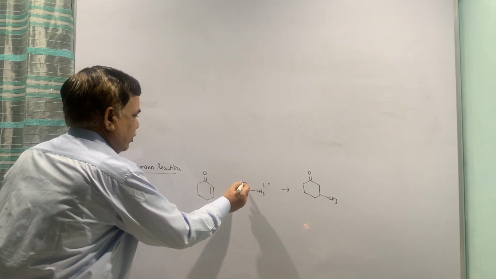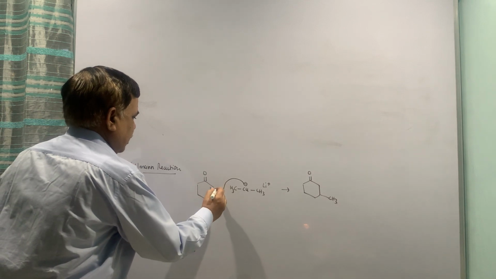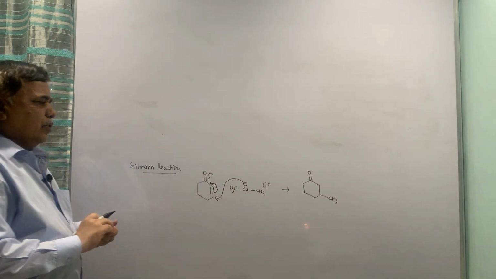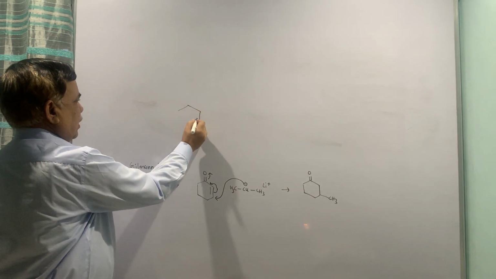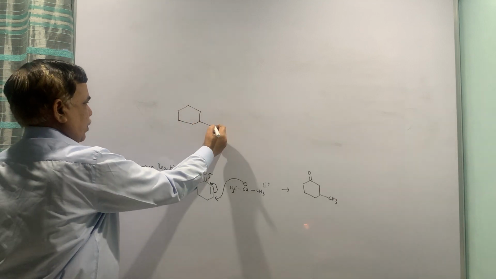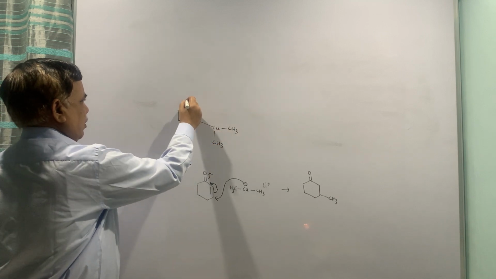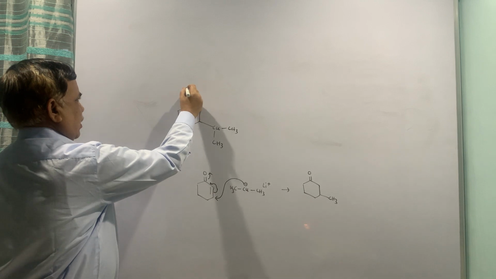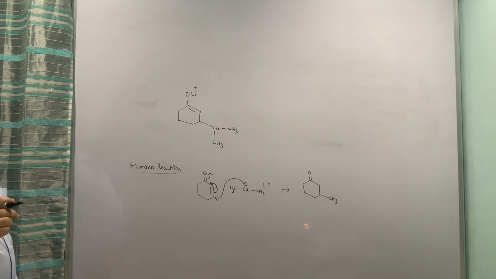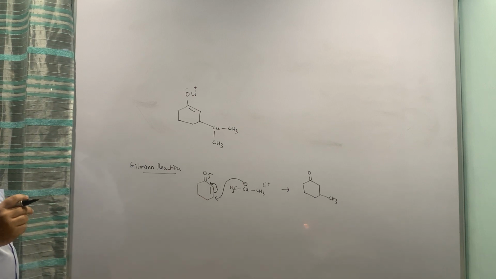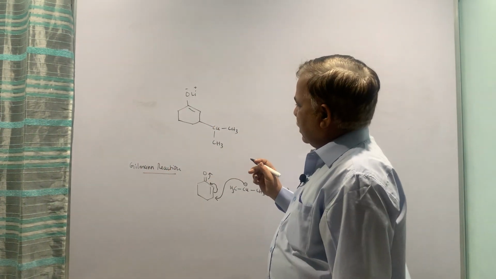So initially what we are doing is we are showing the attack of, and I will put the excess charge on oxygen because that is gaining the electrons by the virtue of its high electronegativity. And now what we have is CH3 CH3, a double bond, O minus Li plus. Now that Li plus is getting associated with oxygen. Now at this point what happens is there is a slight rearrangement.